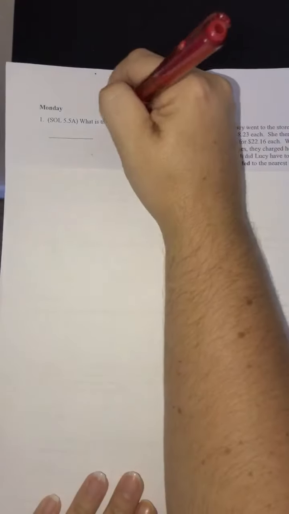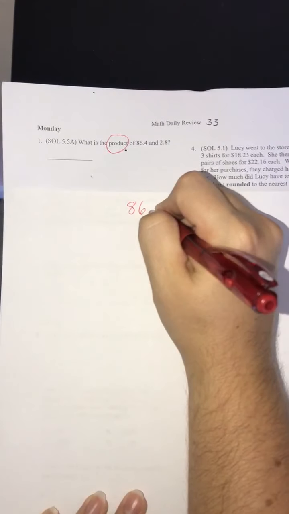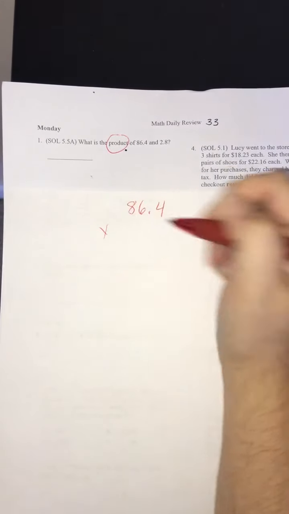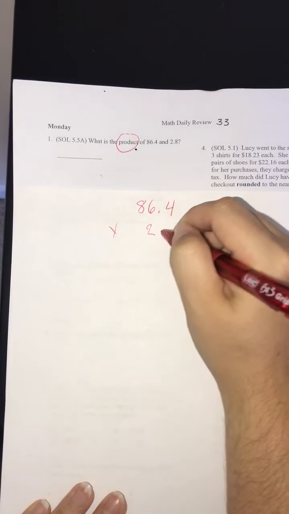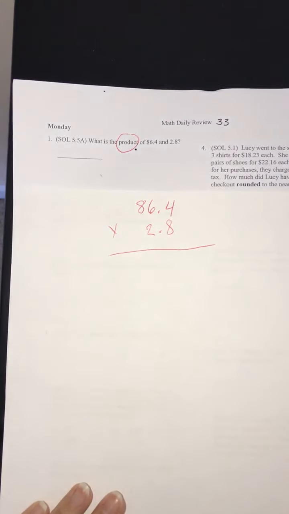All right, hey guys, we're going to do DMR 33. We're going to do number one. Number one says we need to find the product. So we are going to multiply 86.4 times 2.8. Okay,